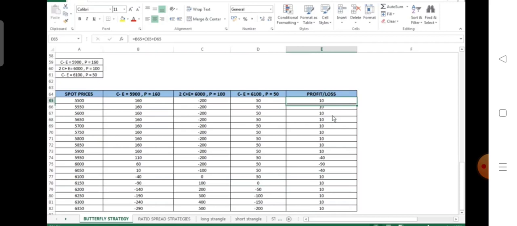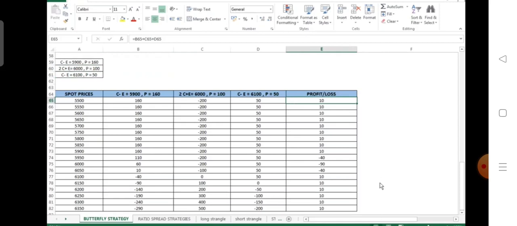Okay, so this is the maximum profit from the strategy, 10 rupees, and if the market is range bound, it gives a maximum loss of minus 90. Okay, what was the initial outflow or inflow from the strategy? Let's have a look. We had purchased two options at 100 rupees each, so 200 rupees was our outflow and 210 was our inflow by selling the calls. So there was an initial inflow of 10 rupees from this strategy.